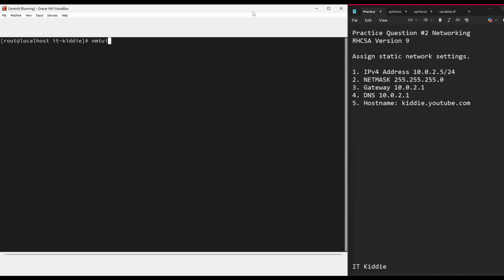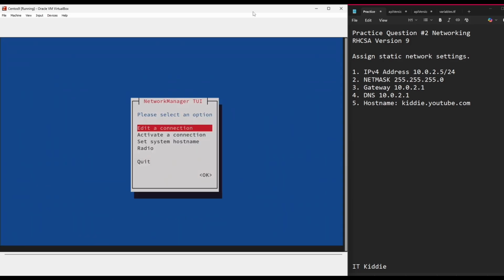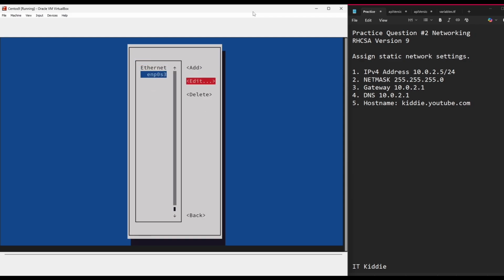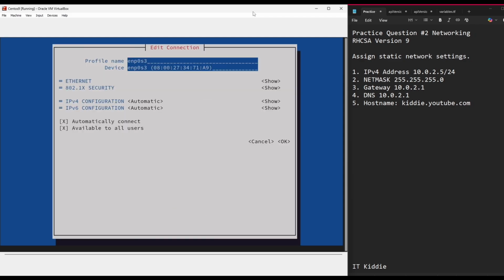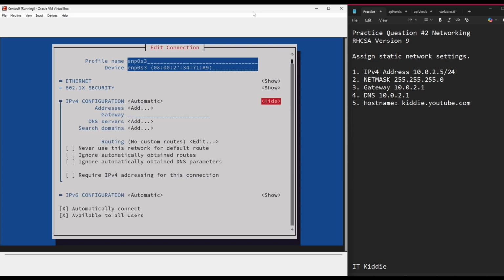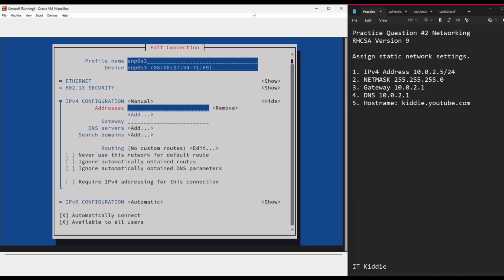So we're gonna use NMTUI. It stands for Network Manager User Interface. So we're gonna go here, it says edit, scroll down, IPv4, we're gonna show, and then where it says automatic we have to put manual. On addresses we're gonna add the IPv4, whatever IPv4 that they tell you in the exam. So in this case we have